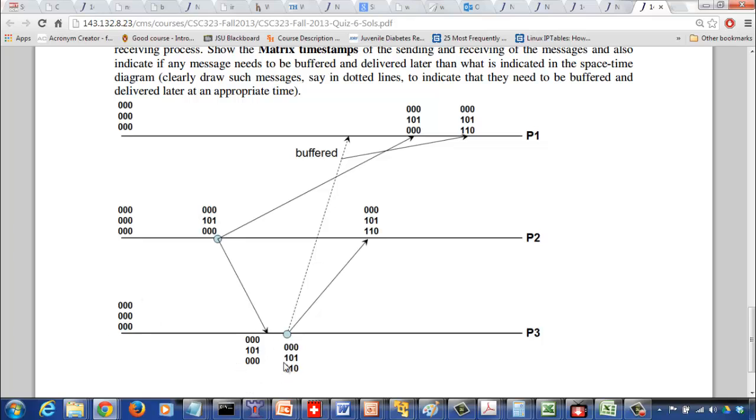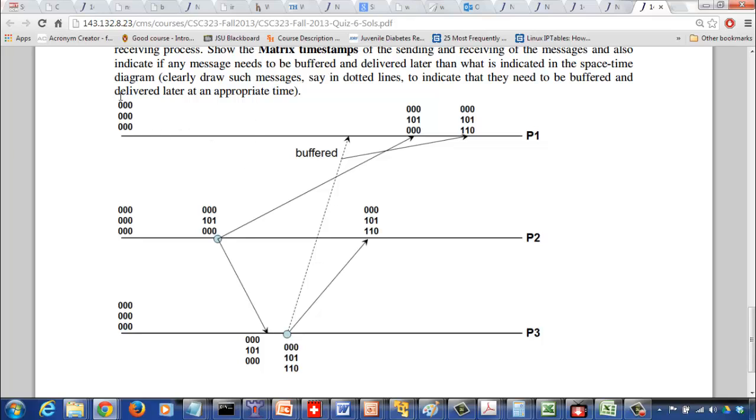So now you are sending a message from process 3. So you're sending from process 3, so third row you're sending to process 1 and 2, so incrementing for 1 and 2, 1 and 1, and sending to process 1. And when process 1 receives this message, it has to compare its clock or matrix timestamp, which is this, with this. So what this means now,